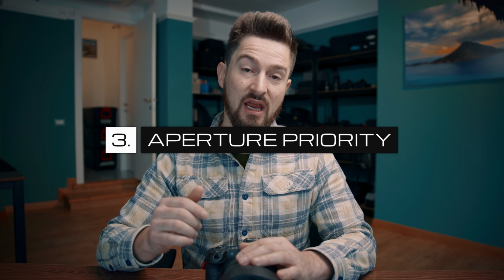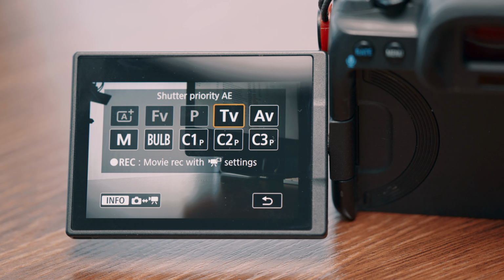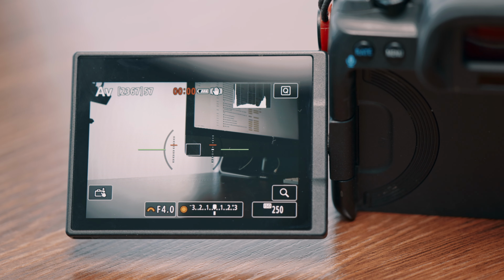Third one is AV or A mode. This is aperture priority. And here things start to be more interesting. Aperture priority means I can set the ISO and the aperture of my camera, and the camera will automatically select the correct shutter speed so that the exposure is right. This can work very well in a lot of different situations when we have variable light conditions, cloudy sky for example, clouds moving, and we don't want to be in full manual mode, always changing the settings. I use it a lot for my commercial work when I'm shooting people that are not doing anything super fast,